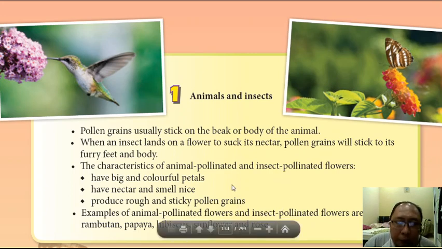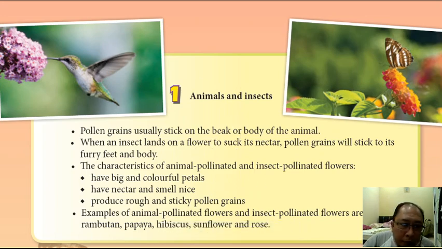For example, if the pollinating agent is animals and insects, the characteristic of that flower must be suitable with the animal and